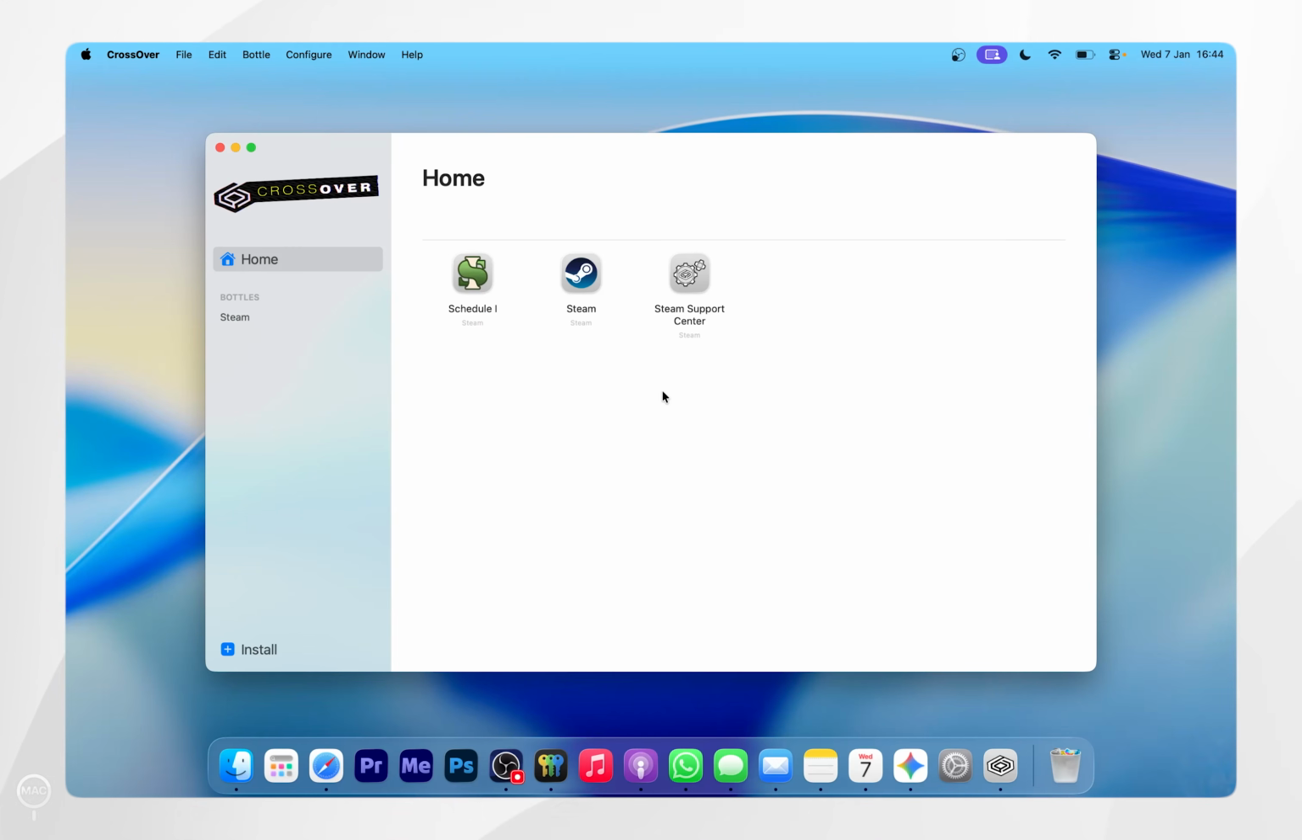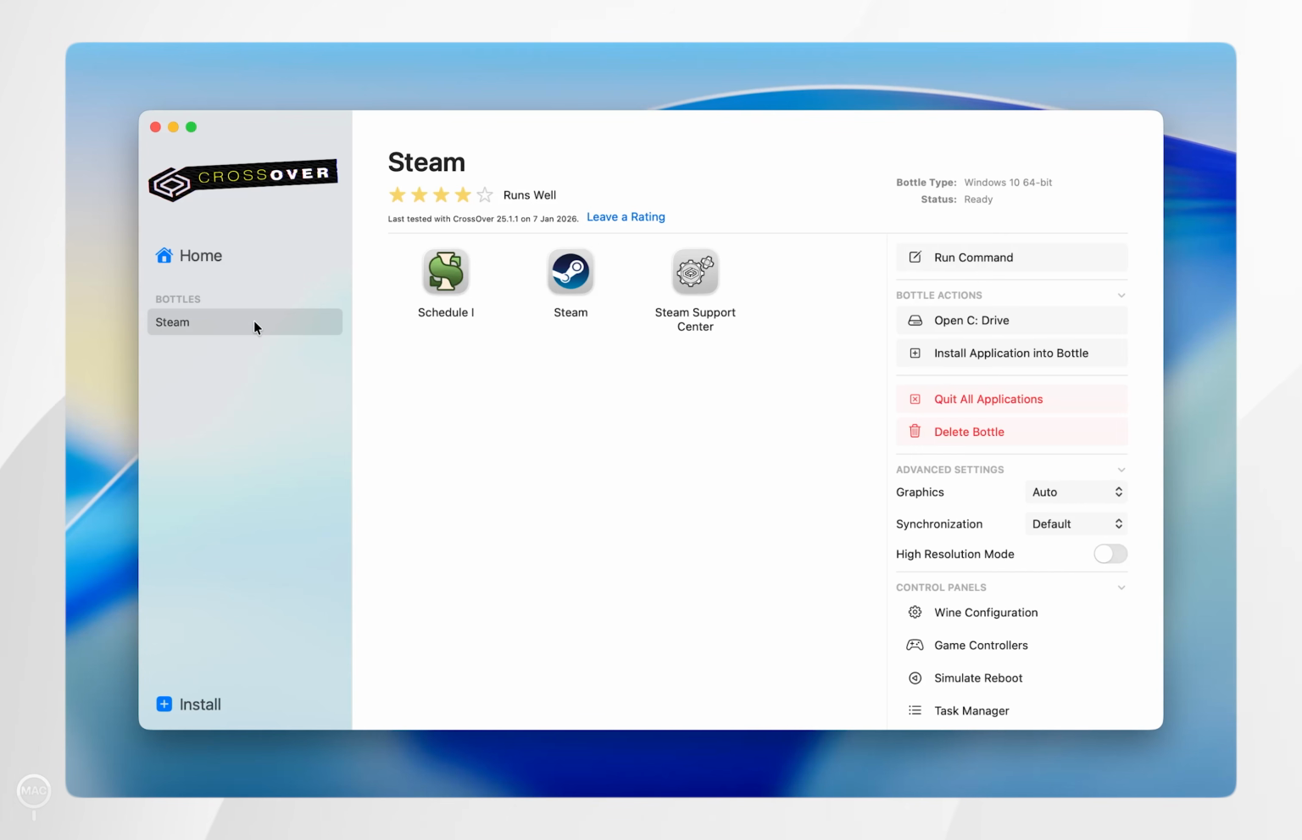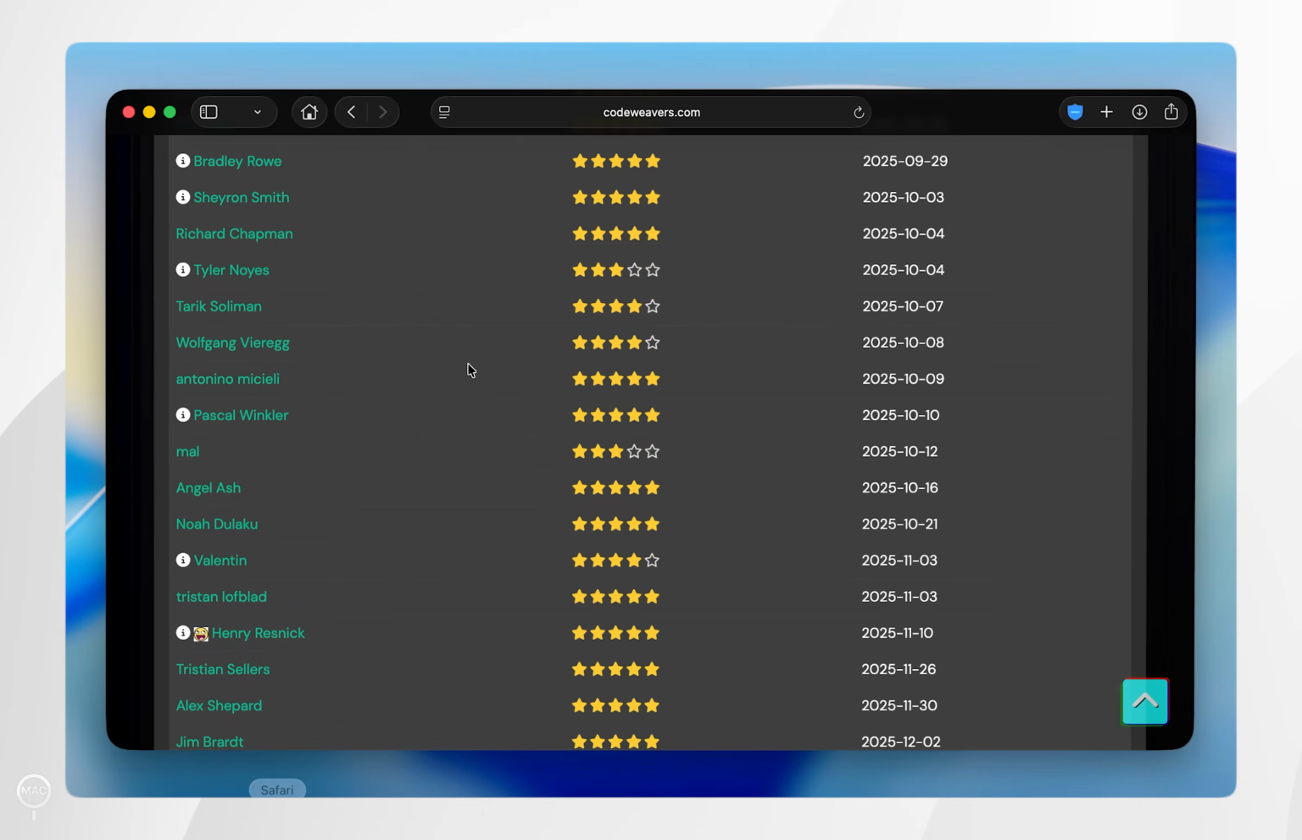Before launching a game, sometimes we need to change the advanced settings for that bottle. So to do this, we first want to select the bottle that the game is installed to, and then in the right hand side menu you see your advanced settings. Most of the time leaving these on the default settings is okay. However, for example, if we go back to the database, this person here is saying that